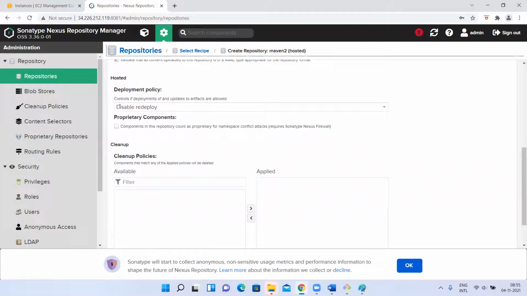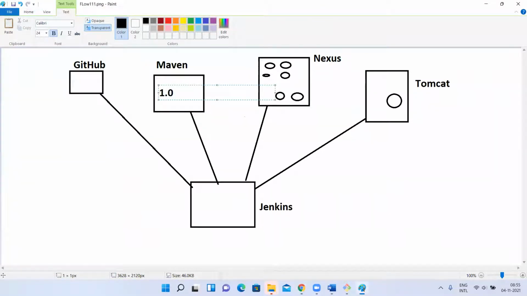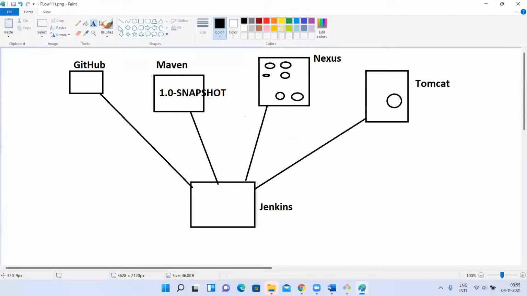Next, this is one important thing. Disable redeploy. What does this mean? For example, in my Maven version, I have mentioned 1.0-SNAPSHOT.